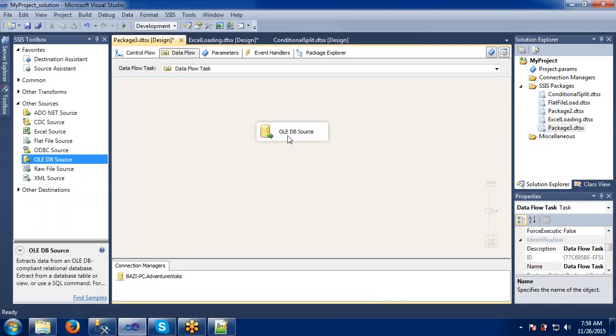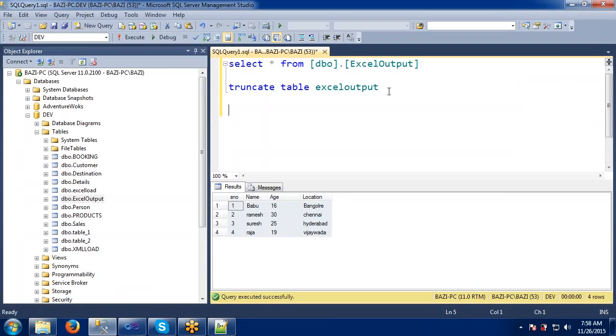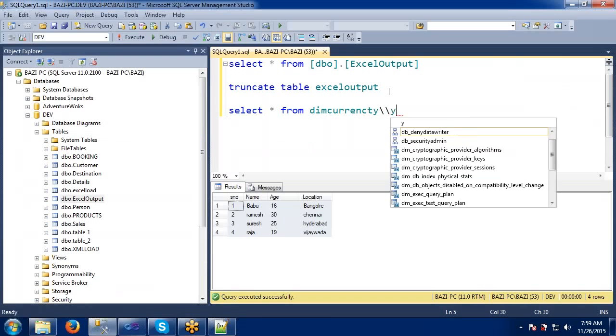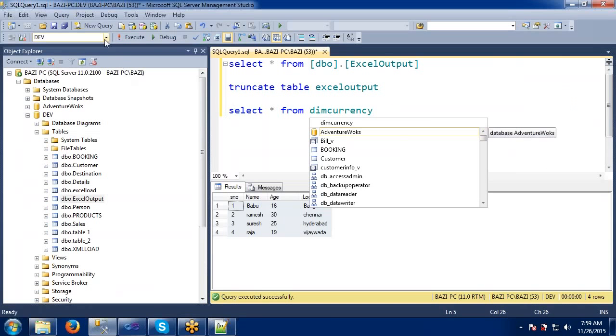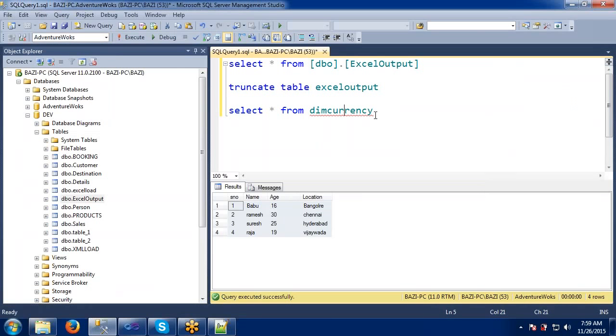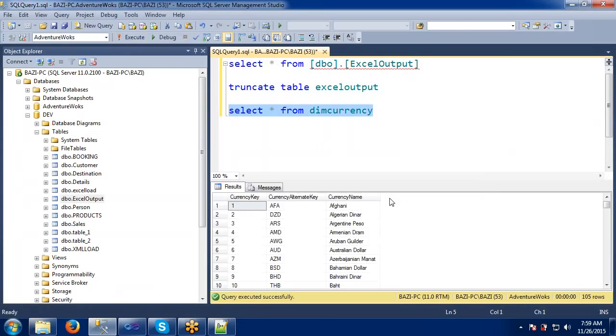Now let's see how many records are there in DimCurrency. Select star from DimCurrency. So I have 105 records.